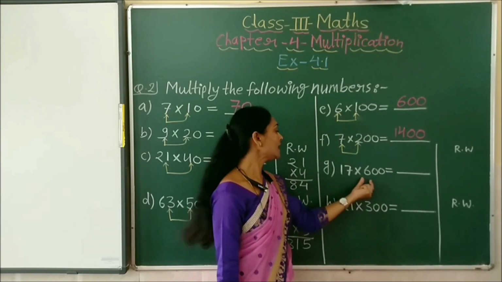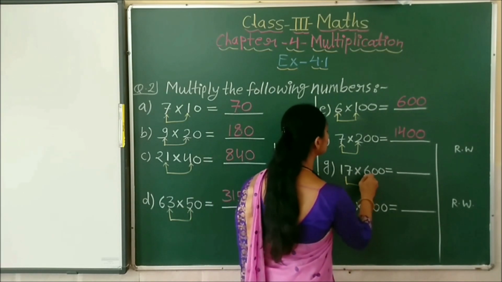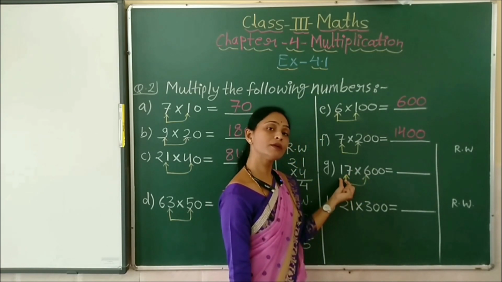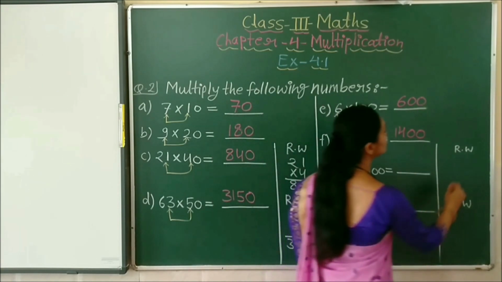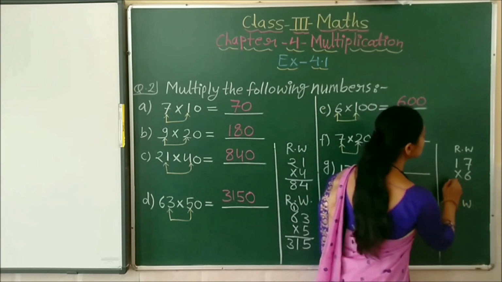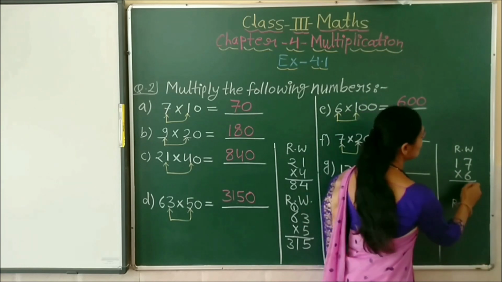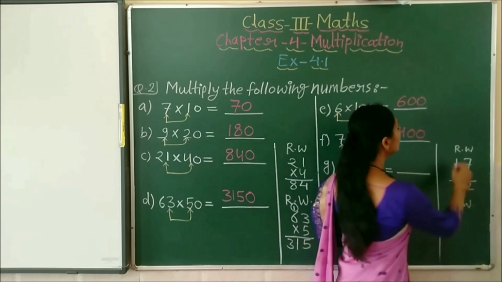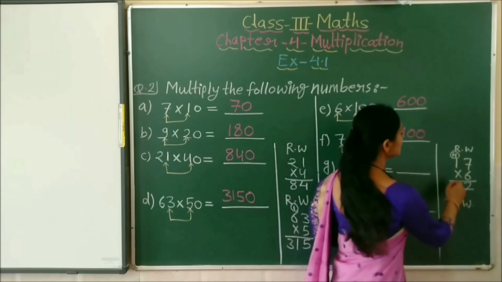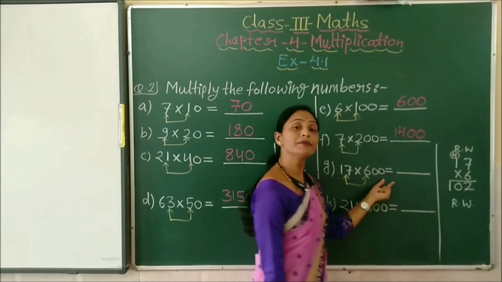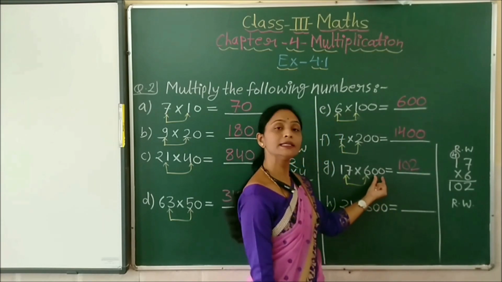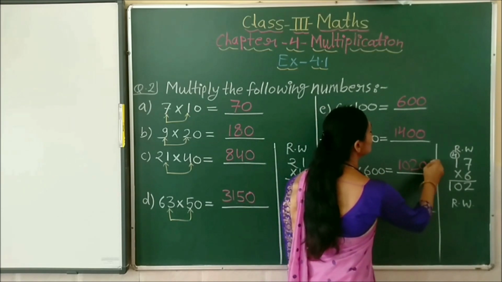Then 17 and 6 we have to multiply. So here also children, if you don't know the table of 17 or the 6 table 17 times, then what we can do? Here also we will multiply in the rough work this 17 and 6. So 6 sevens are how much? 6 sevens are 42. So we will write here 2 and then 4 carry over we have to write here. Now 6 ones are 6 plus 4, how much? It is 10. So which number we got? See, we got 102 and then we have to write these 2 zeros. So we will write here 2 zeros.